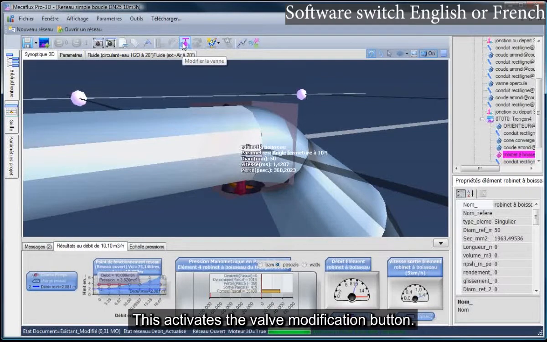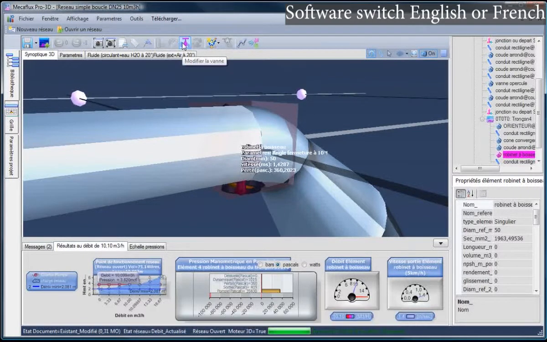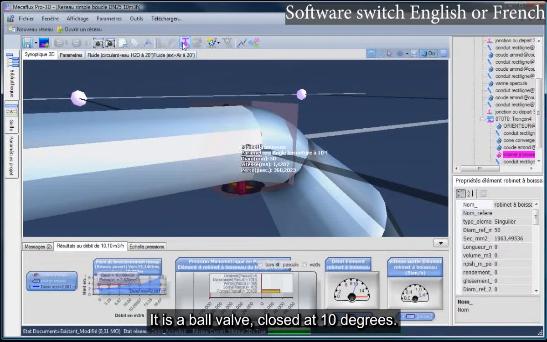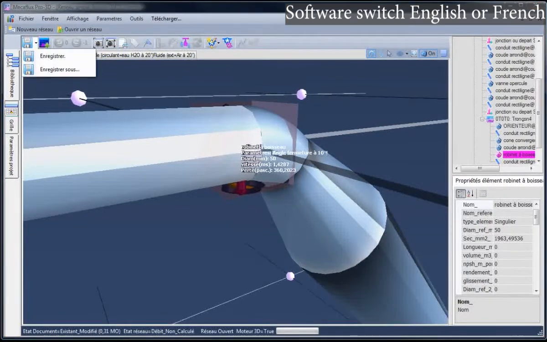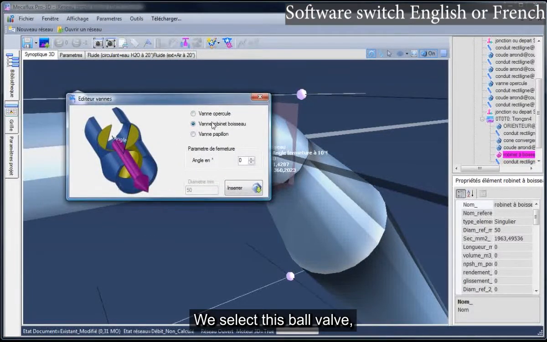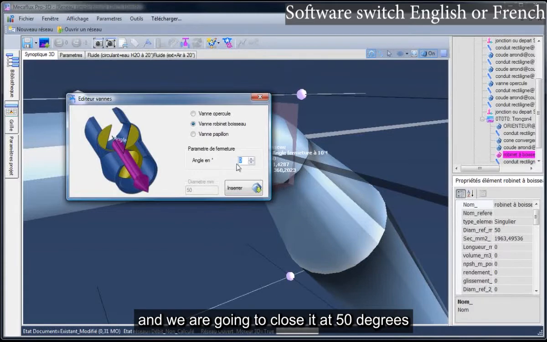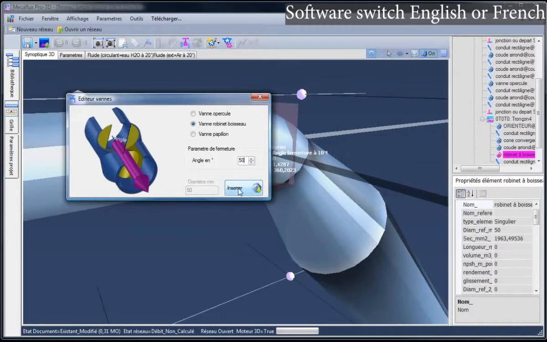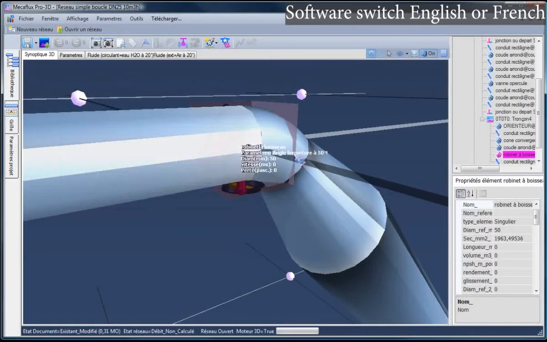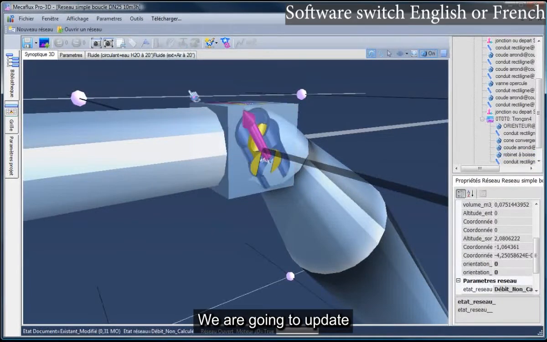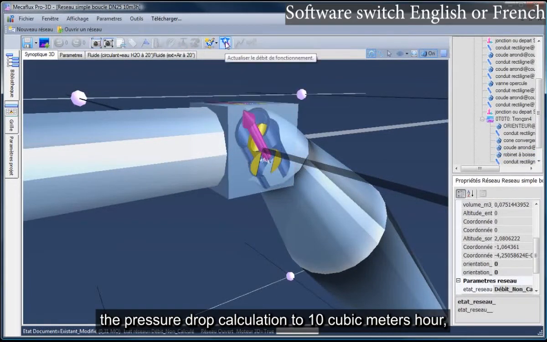This activates the valve modification button. It is a ball valve, closed at 10 degrees. We select this ball valve, and we are going to close it at 50 degrees. We are going to update the pressure drop calculation to 10 cubic meters per hour.